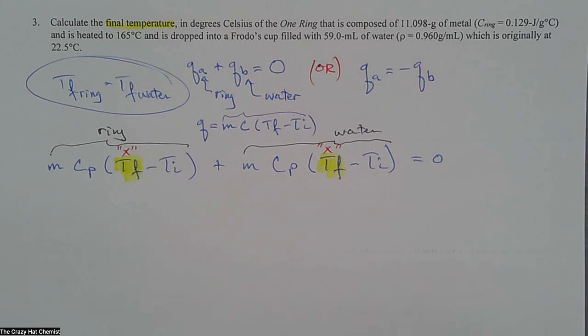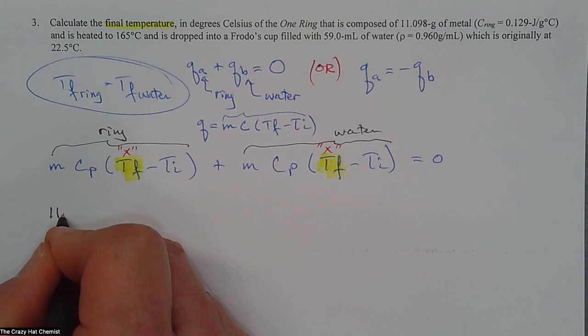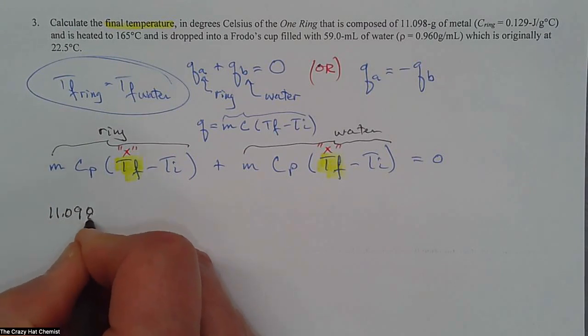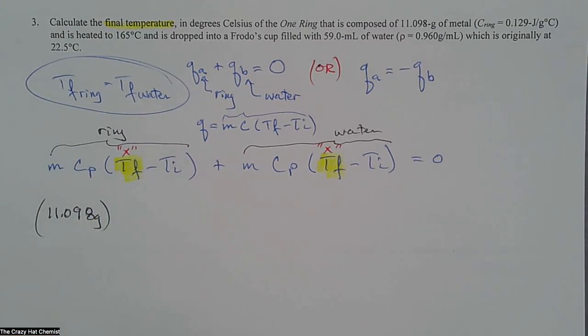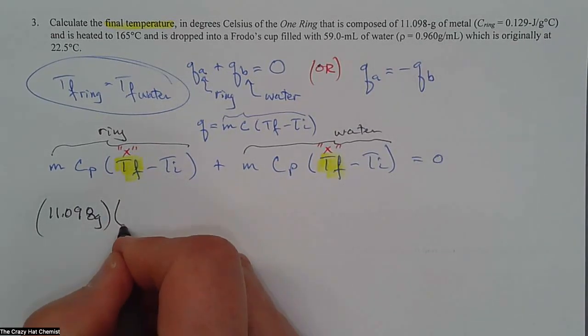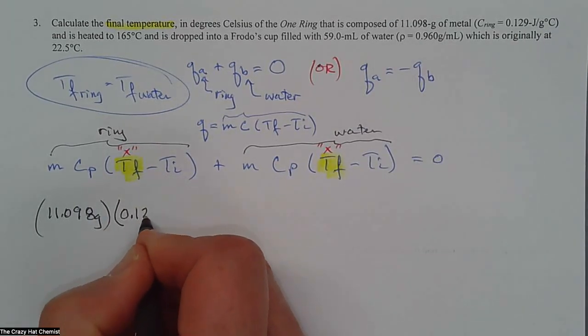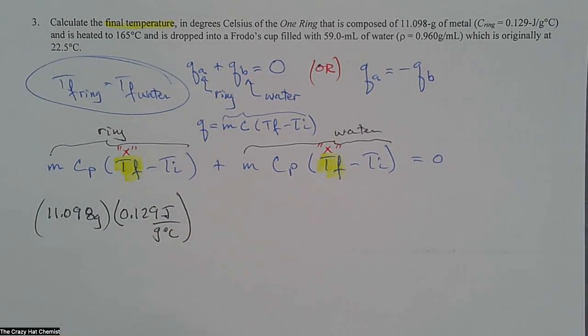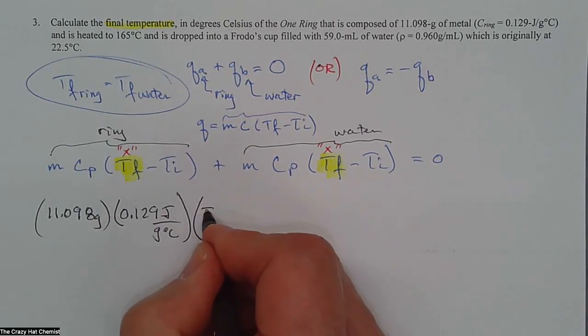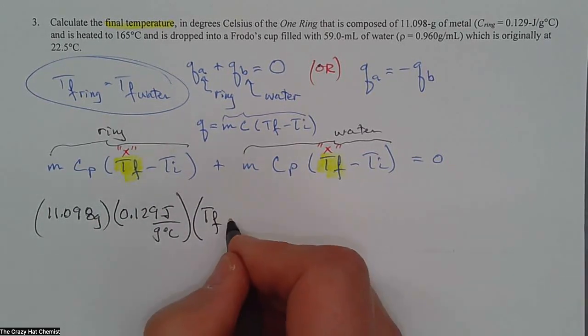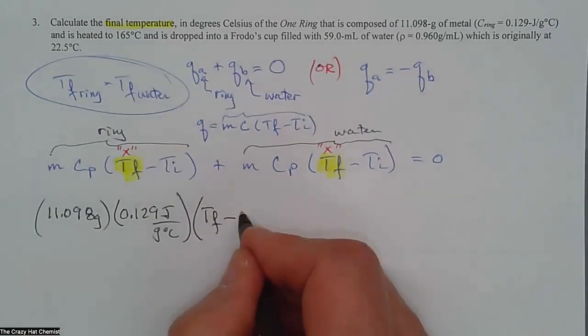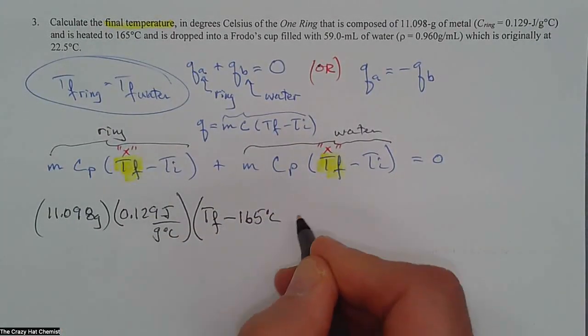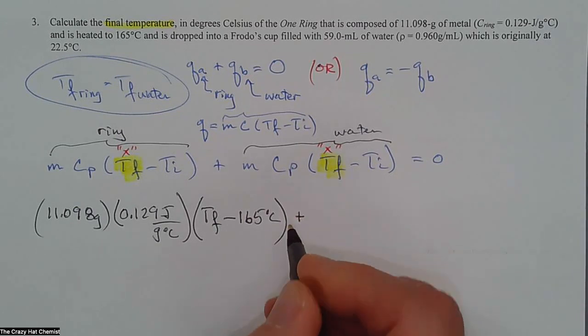Okay, so we're going to plug this information in here, and it says that we have 11.098 grams of the metal ring. The metal ring has a specific heat capacity of 0.129 joules per gram degree Celsius. And then the final temperature, TF, that's our X term, minus the initial temperature, and that's 165 degrees Celsius, plus